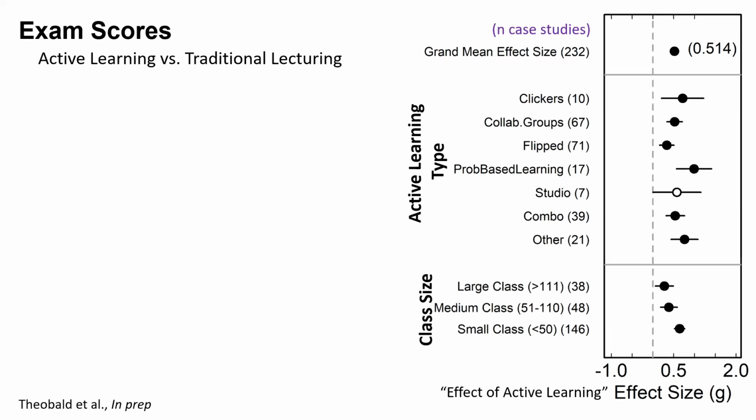I'm just curious about the difference between collaborative groups and problem-based learning, because I can imagine that there's massive overlap between the two. There's a huge amount of overlap. Thanks for saying that. So for collaborative groups, we said basically any kind of formal group work was collaborative. We did not include fair share in collaborative groups. It had to be more formal than that.